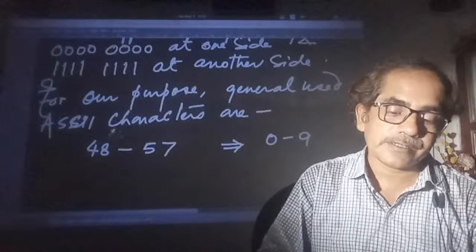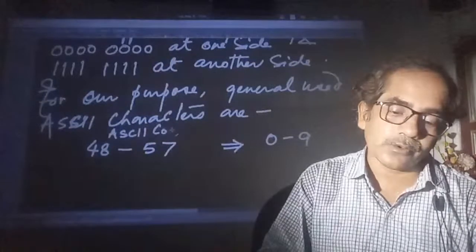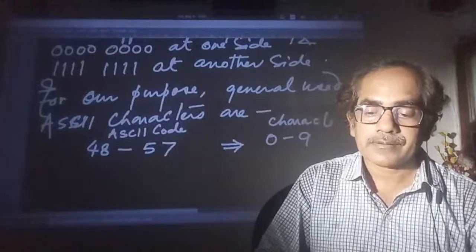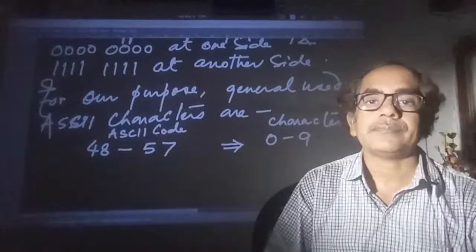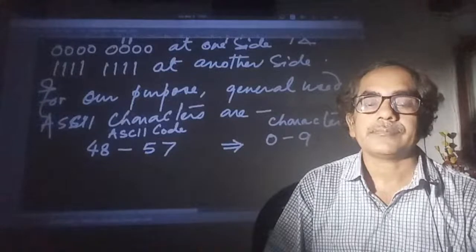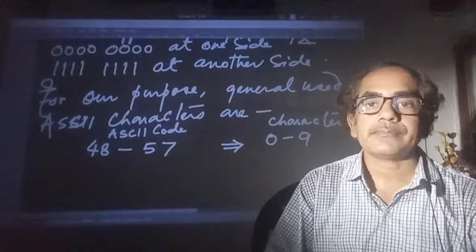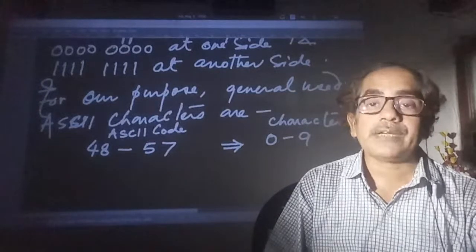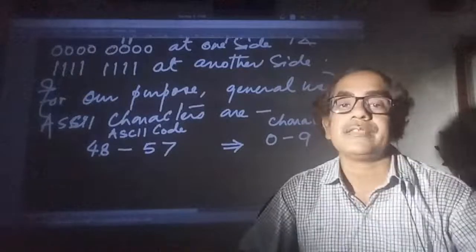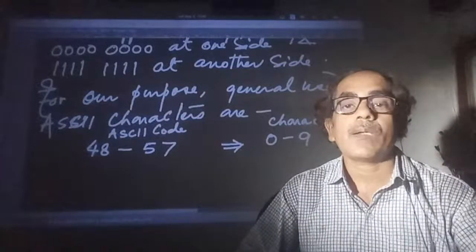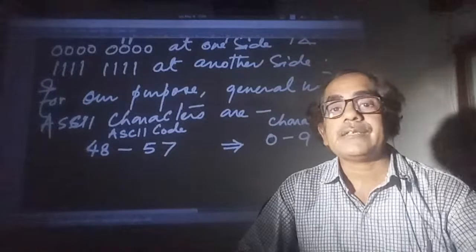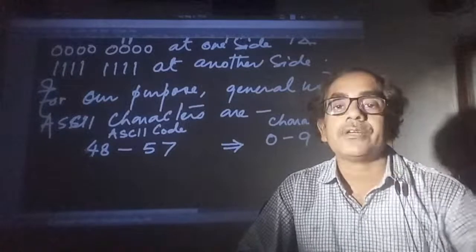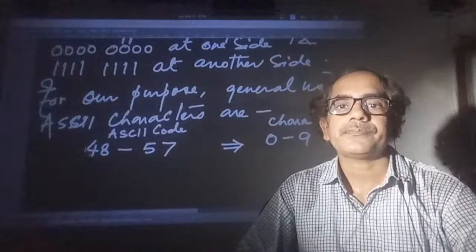This is the ASCII code and this is the character. 48 to 57 means 48 is the ASCII code for 0. When you are typing 0 on the keyboard,